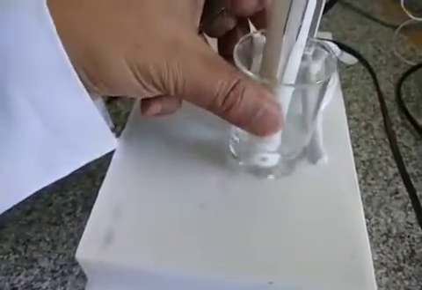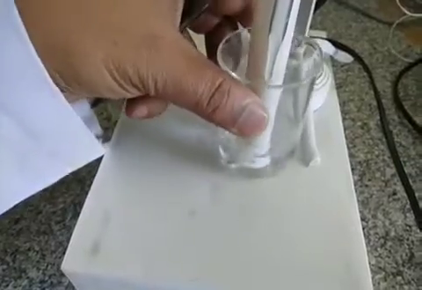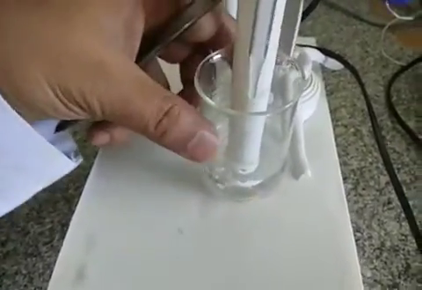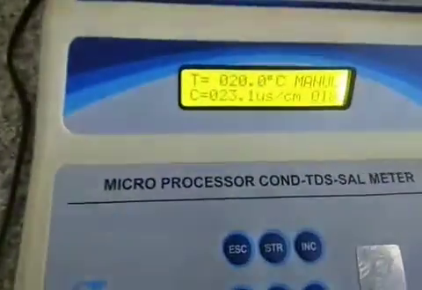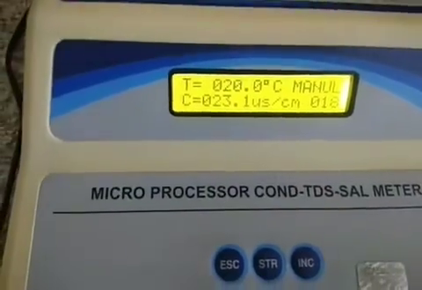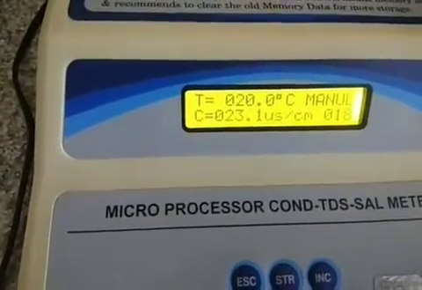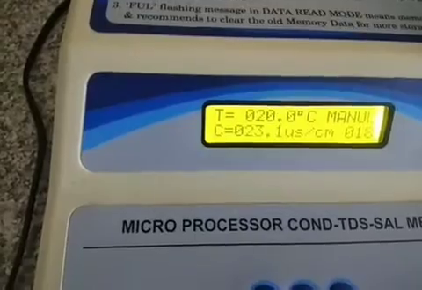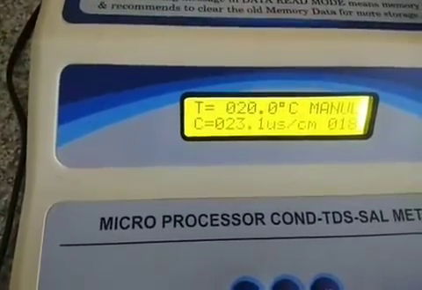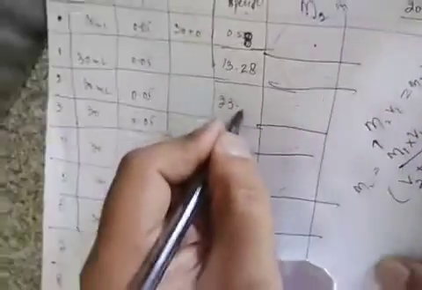Now we'll again do the similar slight shaking so that it becomes homogeneous and the surfactant spreads through. Let us see the behavior of the conductometer now. You can see the readings; we'll wait some time so that it gets stabilized. It is 23.1. Earlier it was 13.28. Now it is almost stable at 23.1.